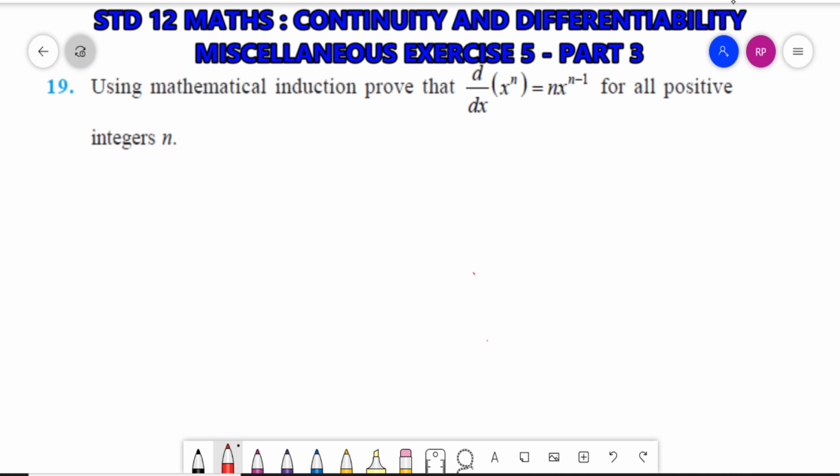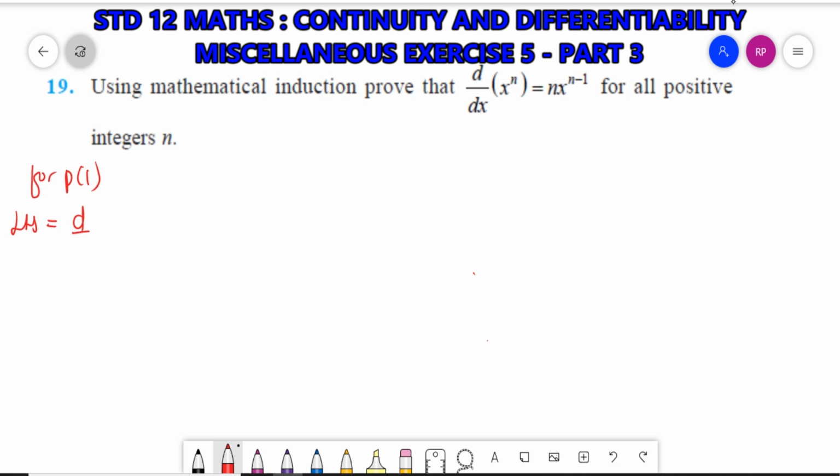Question number 19. Using mathematical induction, prove that d by dx of x raised to n equal to nx raised to n minus 1 for all positive integers n. So first we'll prove for p of 1. We'll assume for p of k true, and then we will prove p of k plus 1 is true. So for p of 1,